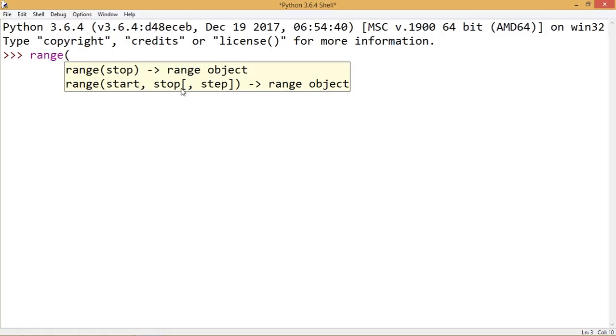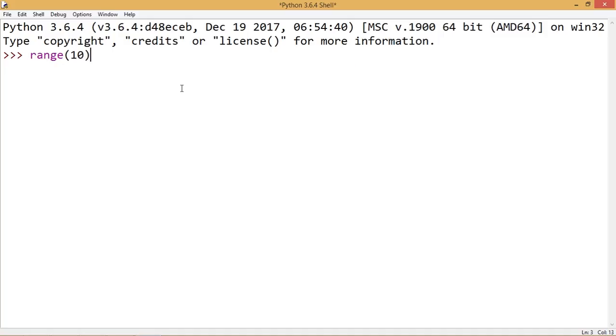So let's just type range and some number, for example 10, and we pass the 10 inside of the range function and we execute and we get this. Okay, so that's nothing at all. So let's